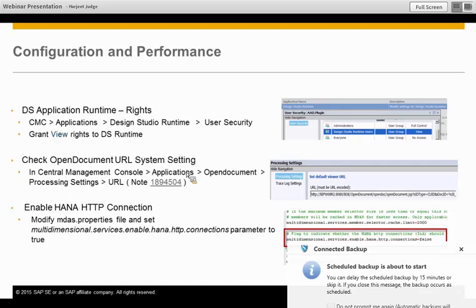Other things that you can also configure are these open document URL settings. This is again a setting in the CMC. So if you go into applications and go to the open document settings, you would want to change the open document URL that's been defined there. And usually by default, this would be pointing to wherever your application server is. But if you're using some sort of a proxy server or a load balancer in front, this URL may not be pointing